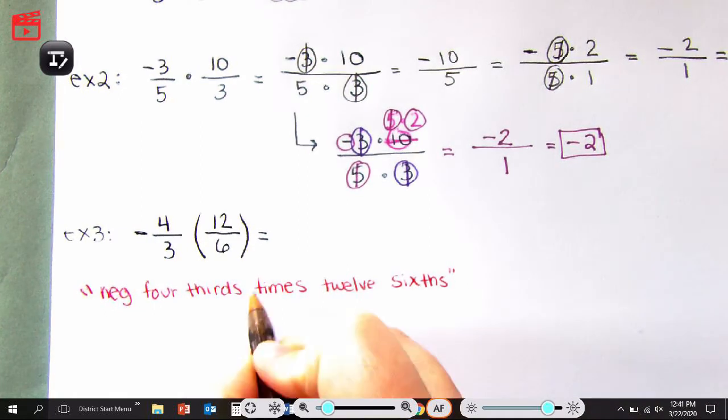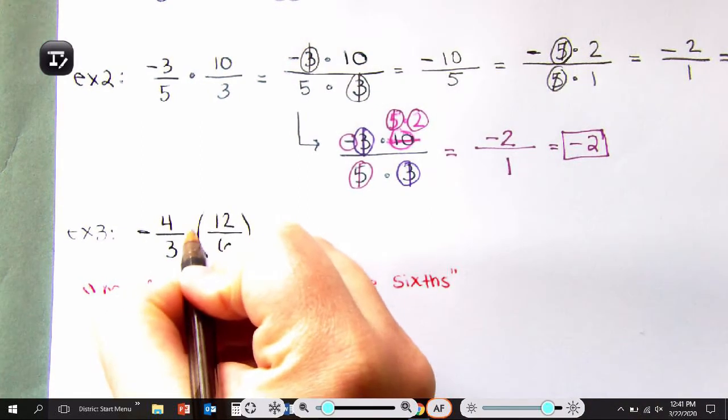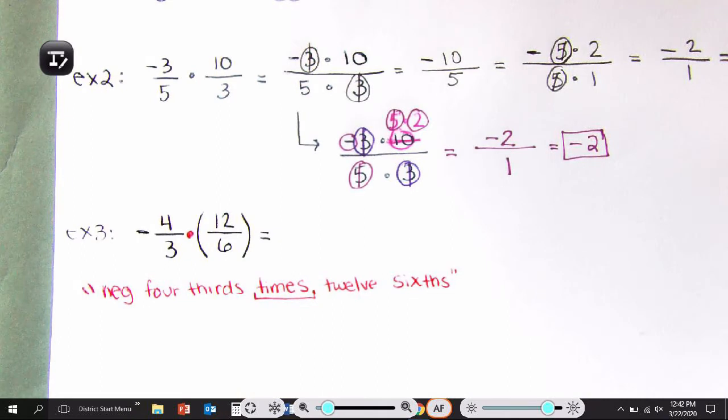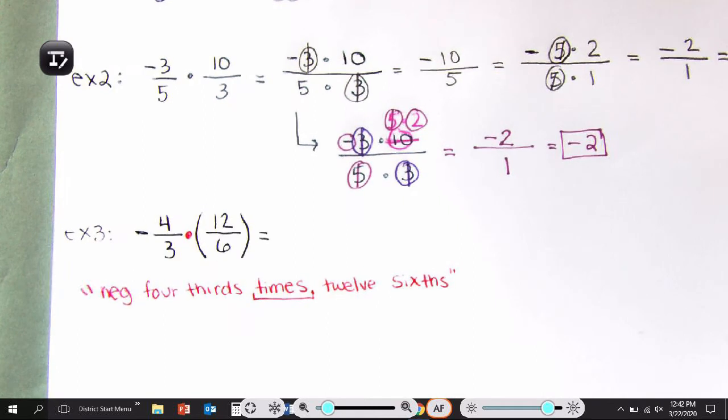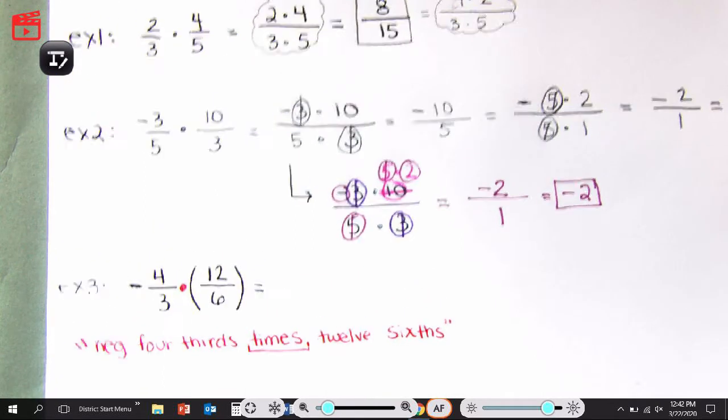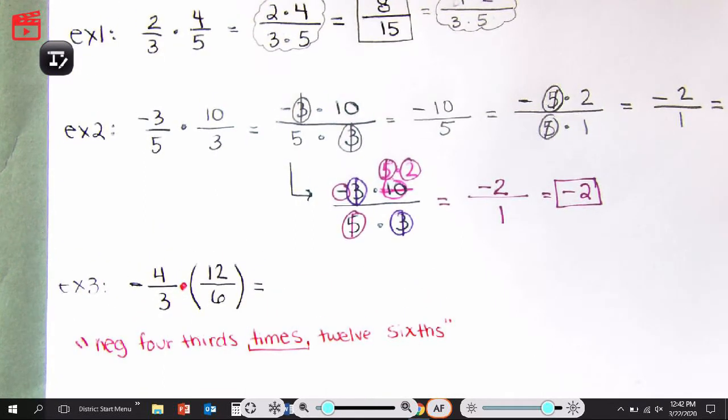So it still means multiply, even though originally there was no dot there. So if it makes you feel better, go ahead and put a dot there so that way you know it is multiplication. So now that we have decided this is multiplication, we're going to go ahead and continue